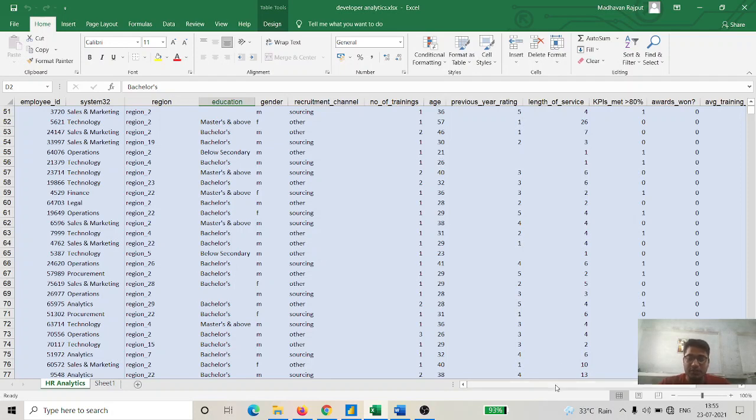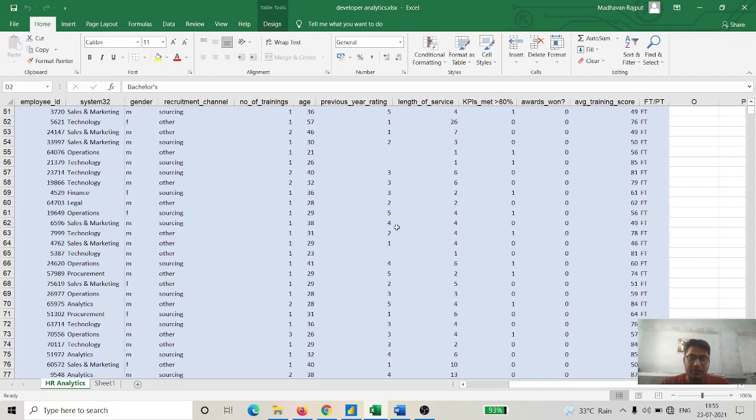So basically you are seeing that in the data there is a column for length of service. If you observe the data, there is no column for experience. There is full time, part time, but no column for experience so far.